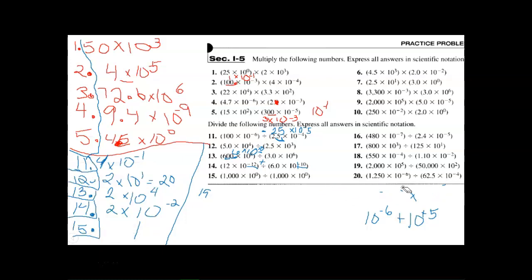Okay, so I'm going to erase all this real quick so I have some space to work here. So this one, you got to do quite a few changes on it. So what I would start off doing is bringing my decimal forward at least 2 places. So I'd end up with 20 times 10 to the 7th, and that's divided by